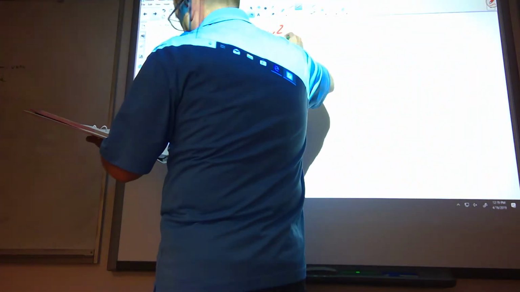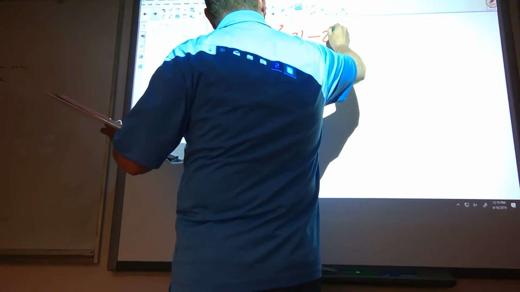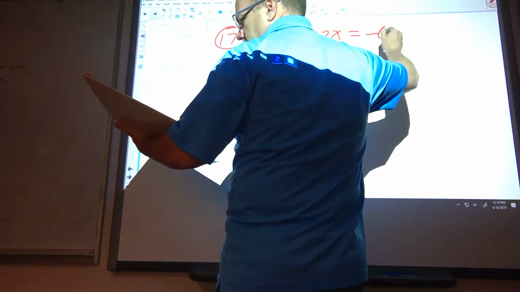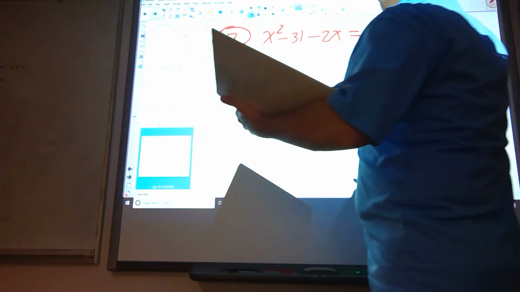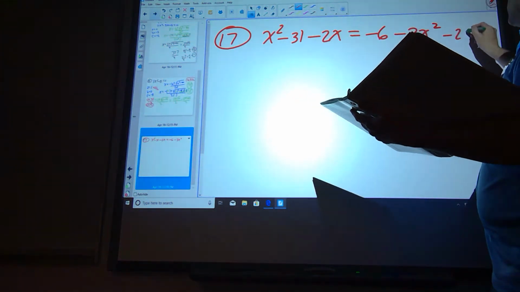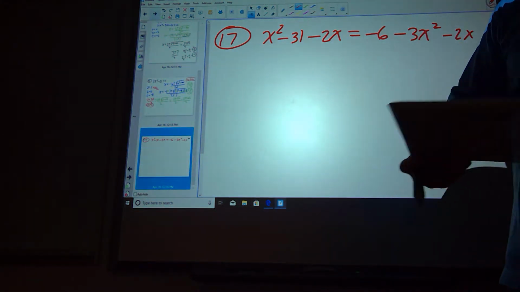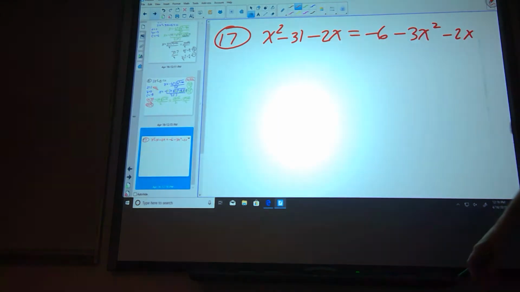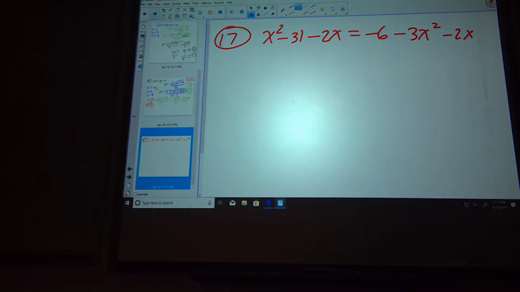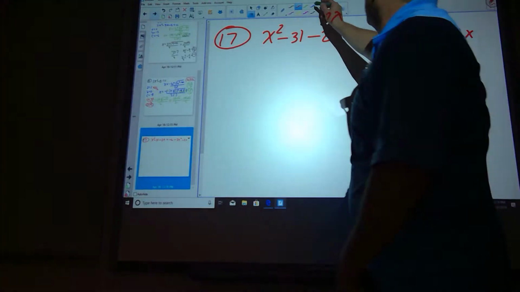All right, minus 31 minus 2x, 6 minus 3x squared minus 2x. Is that the right one? Boy, I sure hope so, because that was an awful lot of writing. All right, so I want to bring everything over to the left side or everything over to the right side. There's really not a right or wrong. I think if I bring everything over to the right,